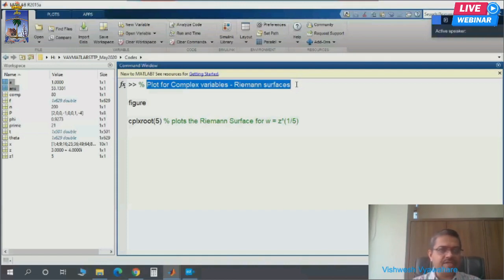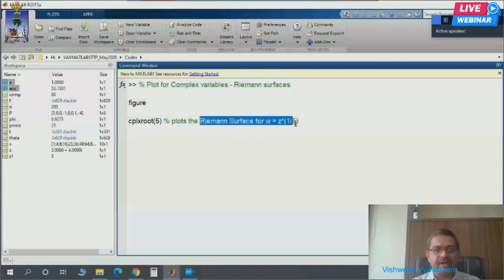A Riemann surface has Riemann sheets, and in complex analysis you have to deal with this multi-valuedness of functions, because in real analysis you deal with basically single-valued functions. Riemann introduced this basic concept of the Riemann surface. Here I am going to show you a simple example which plots the Riemann surface for w is equal to z to the power 1 by 5.